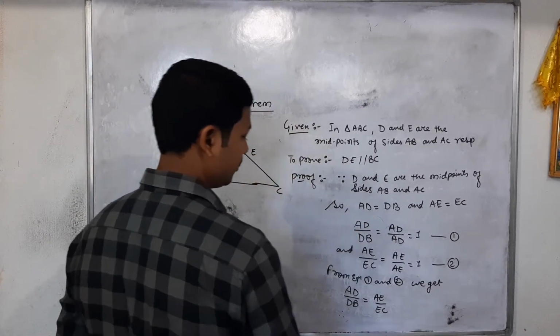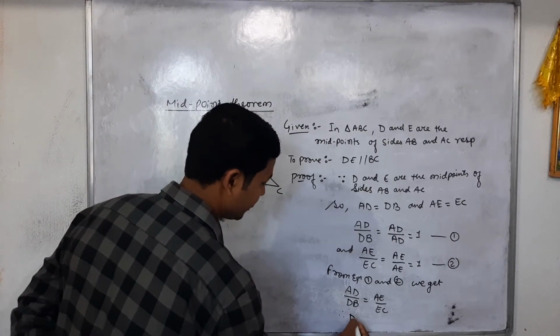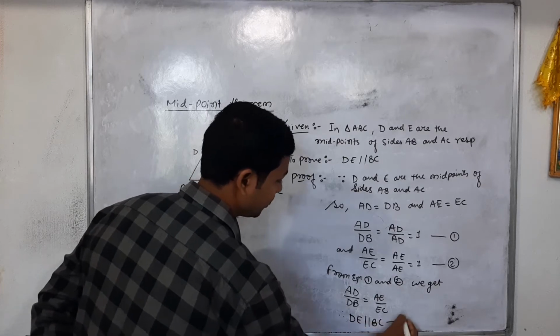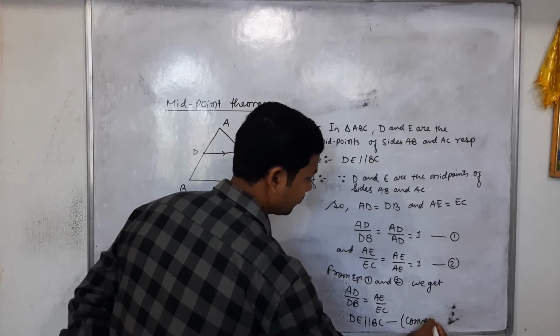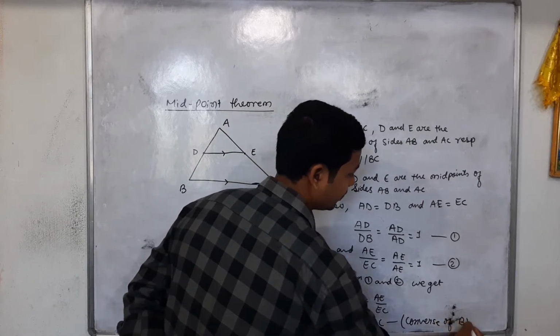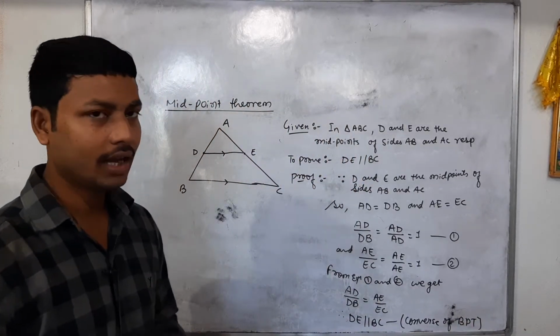Therefore, by the converse of Thales theorem, we can write that DE is parallel to BC, and this is from the converse of BPT, that is the basic proportionality theorem,